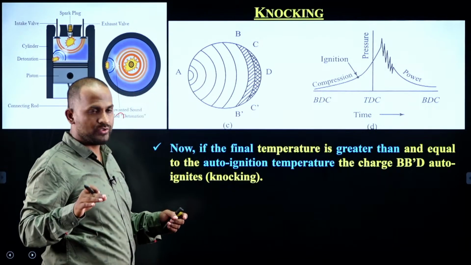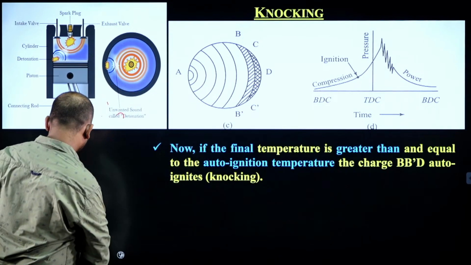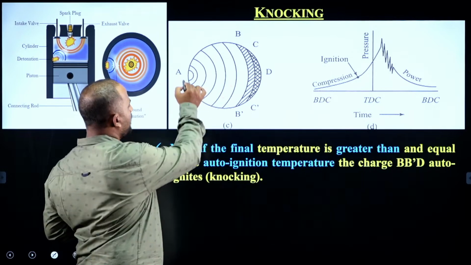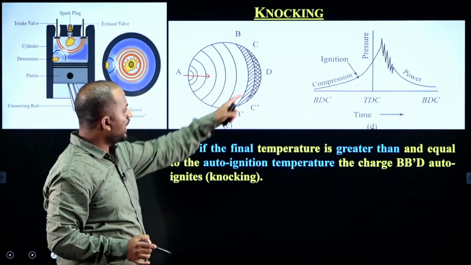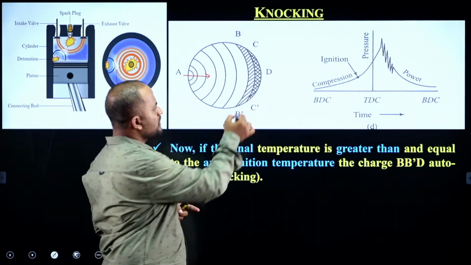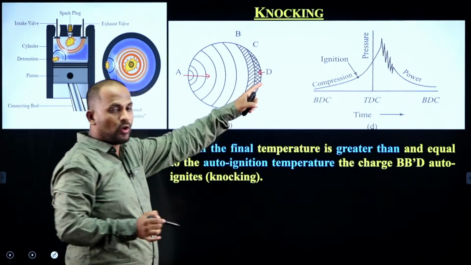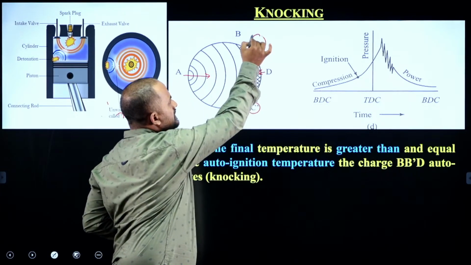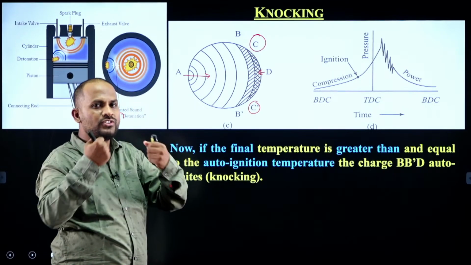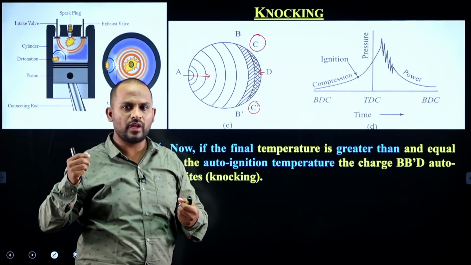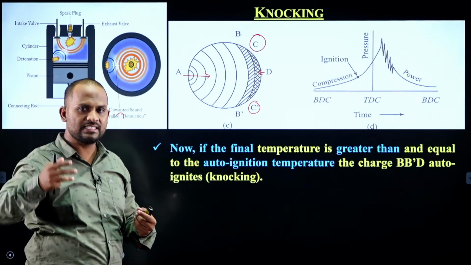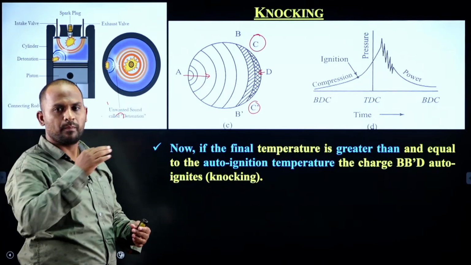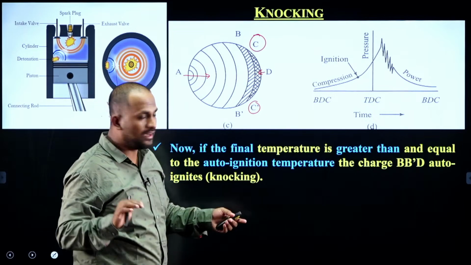Now in a diagrammatical way we can see here, from A onwards the primary flame is propagating, whereas at point D it has reached self ignition temperature. Another flame will be traveling in the opposite direction. Both flames collide at C and C dash. Because of that collision, high intense pressure vibrations will be created, which hit the cylinder and piston, which damages the engine, and the performance of the engine will also decrease here, and that is indicated in